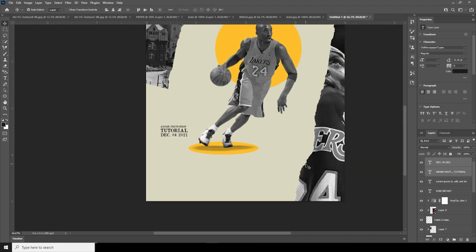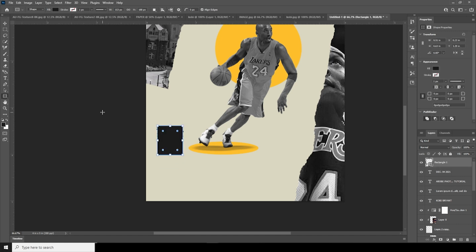And let's keep them a little on that side, and let's add a rectangle just like so. Let's make it a little smaller. Control T,